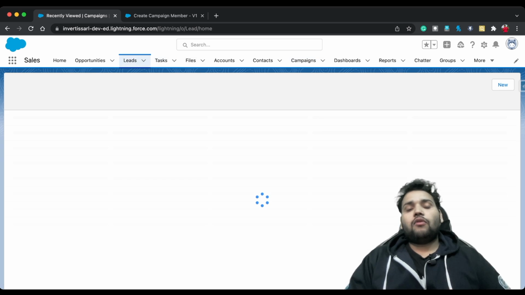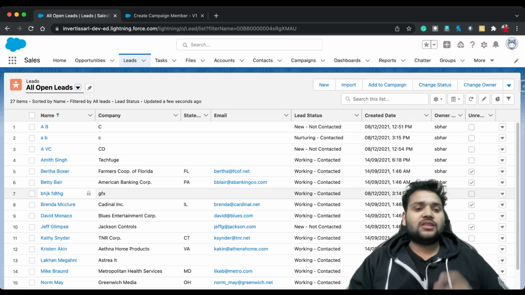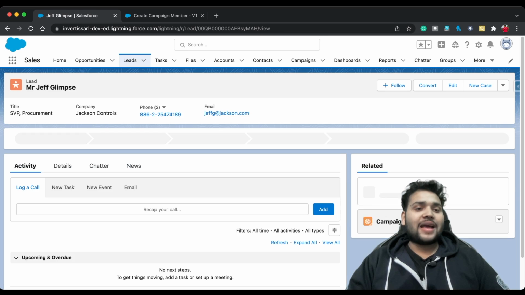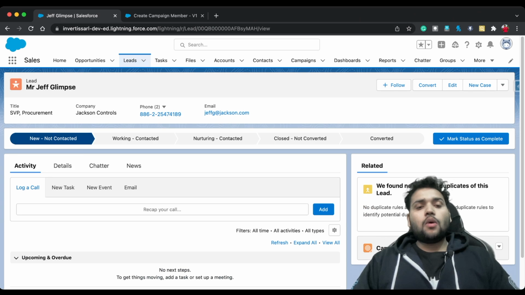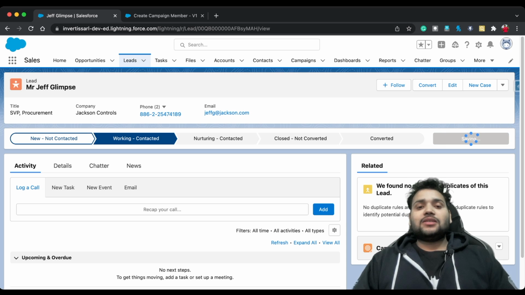And now what I am going to do is check a lead with a status different than Working - Contacted. So as you can see, I use Mr. Jeff Glimpse as my lead, and the status of Jeff is New - Not Contacted. So now I am going to change the status of Jeff Glimpse from New - Not Contacted to Working - Contacted, and as you can see, campaign history is 0 because we did not add this lead into any campaign right now. But now I am going to change the status to Working - Contacted, and I am going to click on Mark as Current Status,